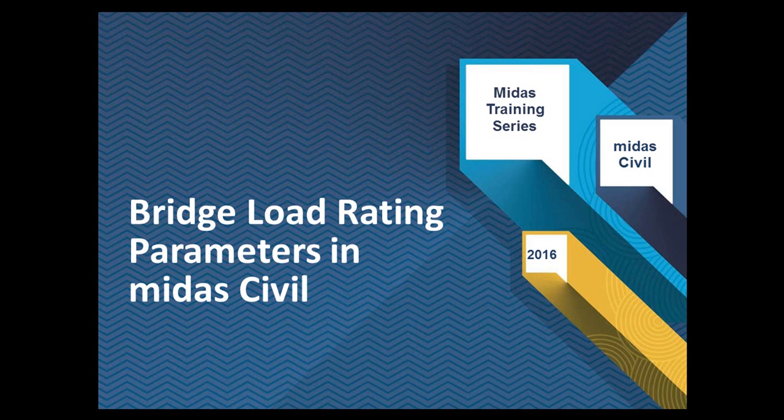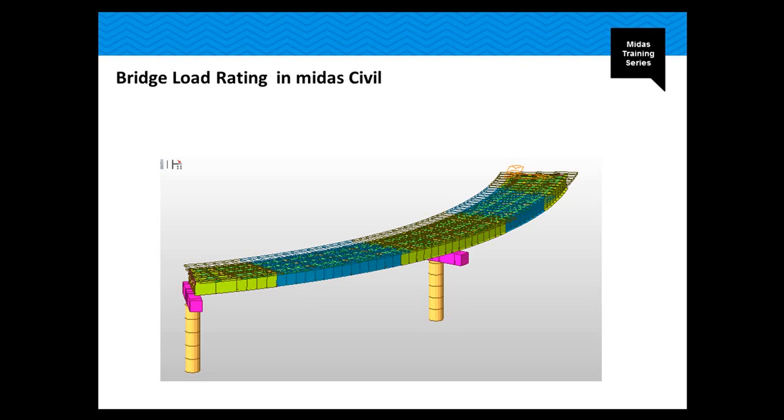In this case, we're gonna see different bridges and how the definition of each one of the parameters is done. In this case, we're gonna have a steel composite bridge, which is the one that we're gonna do the rating